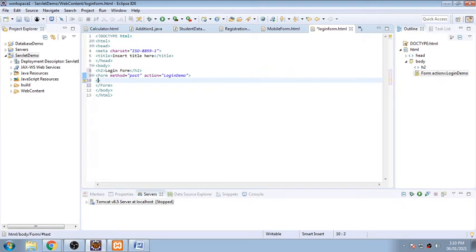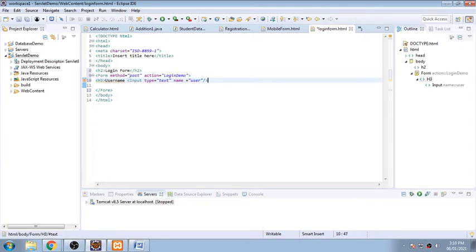So in H3 we'll make it very simple. We'll not focus on designing now. Username, with input type equal to text, and name equal to user. We'll close this one.